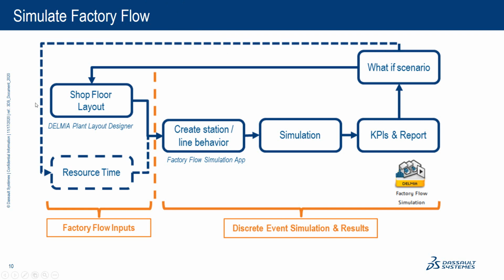The other arrow is maybe more difficult to apply, where you could also change the process of manufacturing. Meaning that maybe with a new strategy like make or buy, should I, instead of doing the manufacturing myself in my facility, go with a supplier who will provide me the full subassembly required? So that's where we can also include that in the what-if scenario.